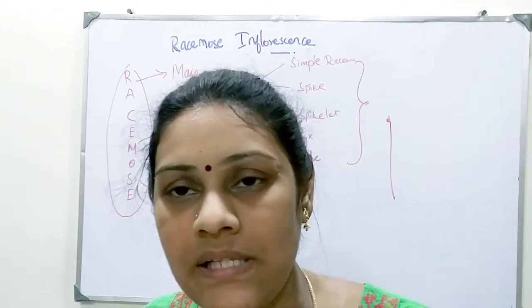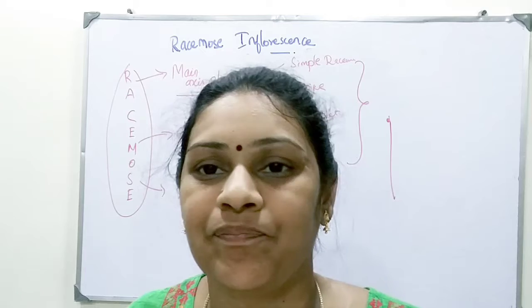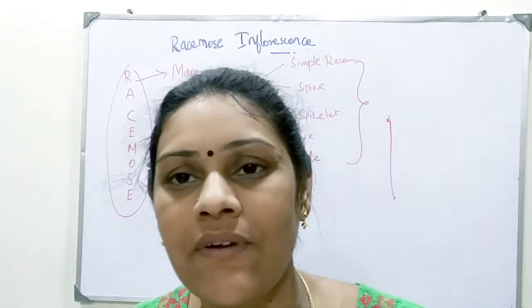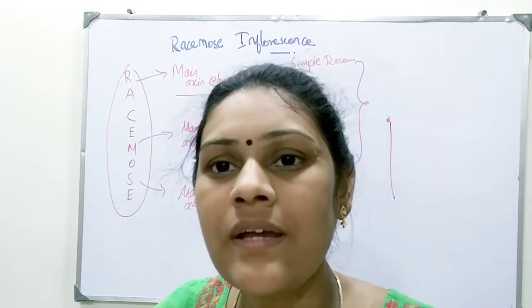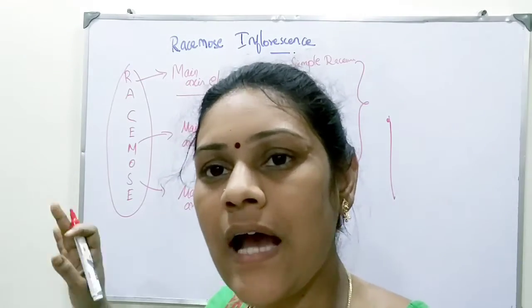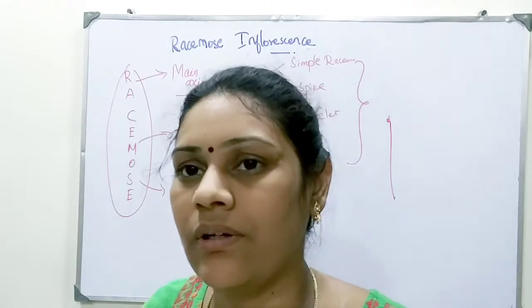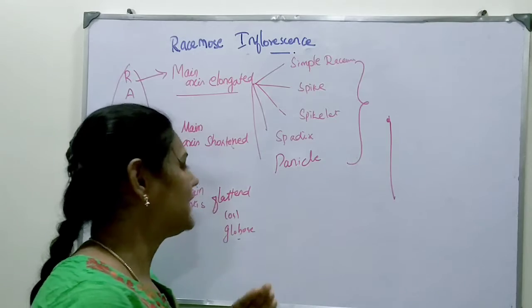And along with this it is a centripetal flower. Okay, the flower blossoms in the middle first, then blossoms at the periphery. Slowly it is blossomed from the middle to the periphery of the flower. And this is about the inflorescence actually. Okay, so I am coming to this main axis flattened axis.